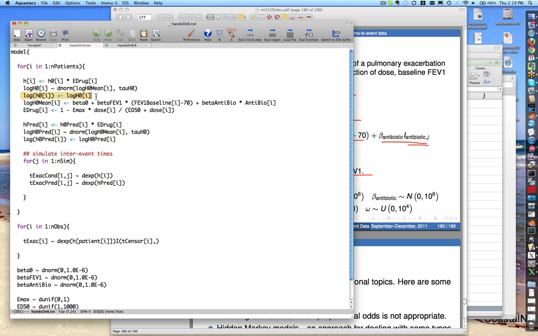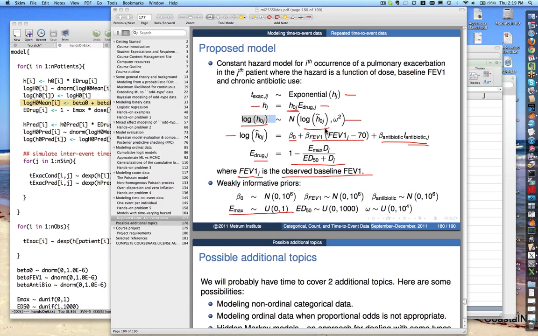The next step is just converting that from the log of H0 to H0 itself, since that's what we're going to be using in that statement above. But then the way we're going to incorporate our various covariates into this, except for the drug effect itself, is going to be through this log H0 component here, and that's described right here. So I've got a linear regression model for our log H0 mean. So that's equivalent now to this step right here